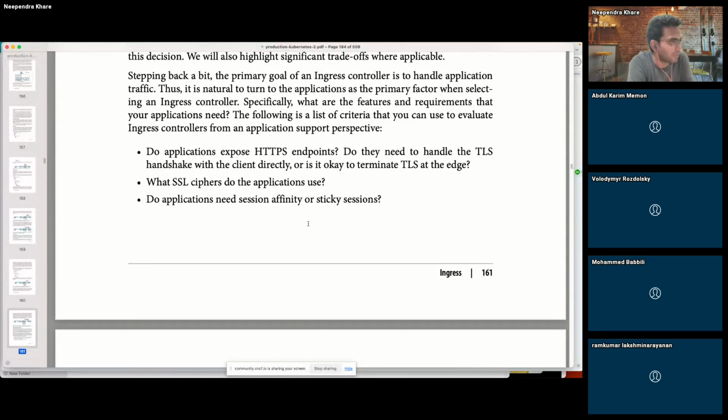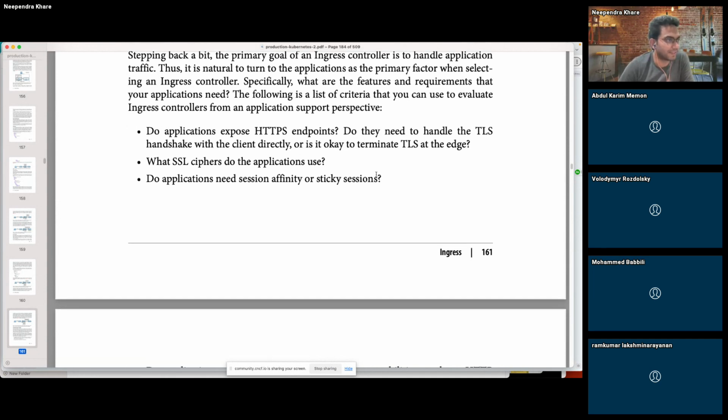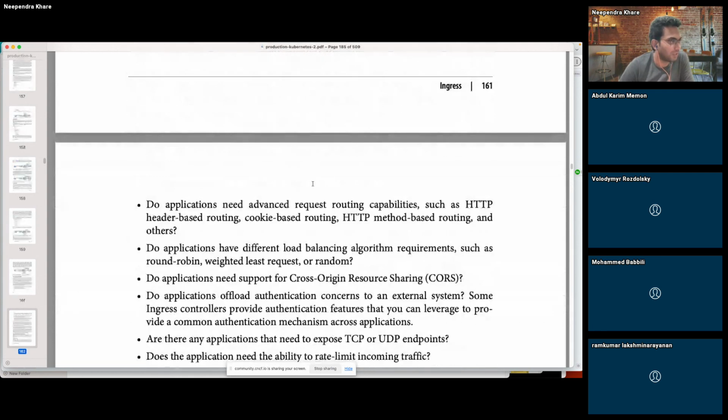But they have given some points to be considered when you are deploying the Ingress controller. Whether it supports HTTPS or not, whether it can give you session affinity or not, whether it can have different algorithms for load balancing between the pods, and so on, whether support is available or not. All of these things you can consider when you are choosing a given ingress controller,